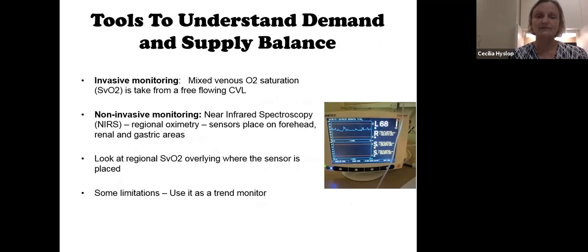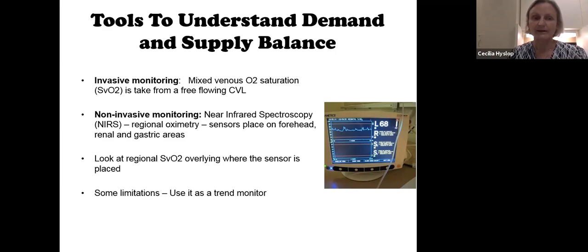situation. So we can use invasive monitoring, so taking mixed venous oxygen saturations from free-flowing central lines. Or we can use non-invasive, so near-infrared spectroscopy, or NIRS, which is regional oximetry. It's looking at, if we put it over the cerebral, so on the forehead, for instance, and not midline, needs to go on one hemisphere or the other, and it's looking at venous and arterial, sort of blood flow and oxygenation, and looking at the trend in NIRS,